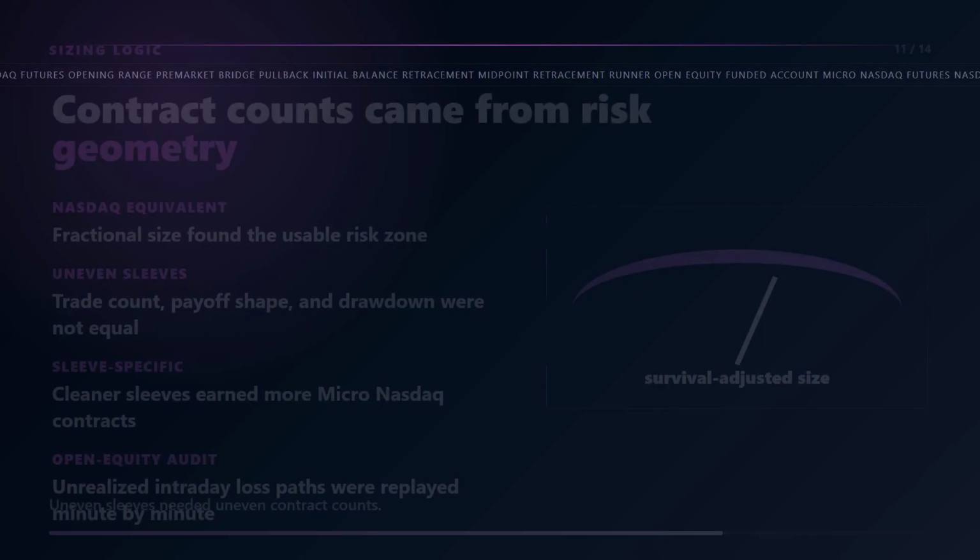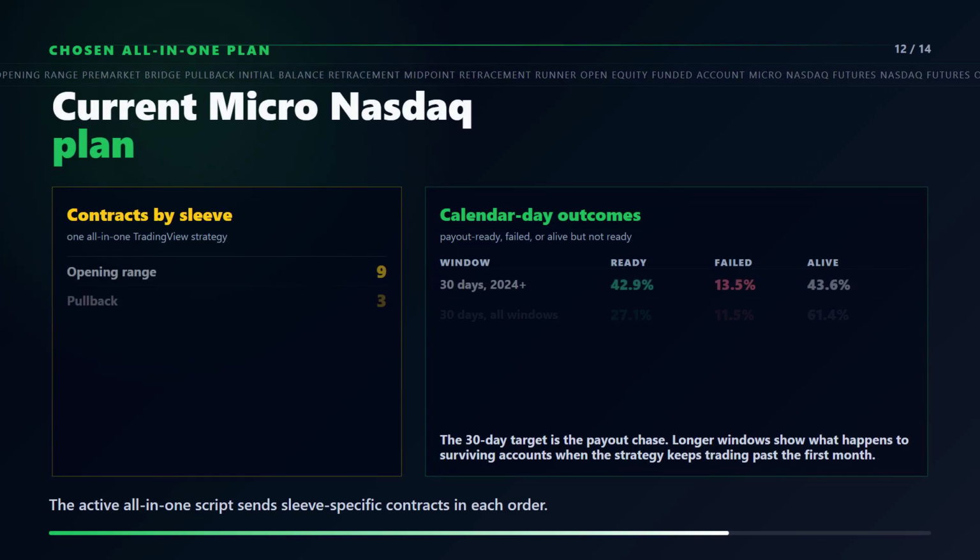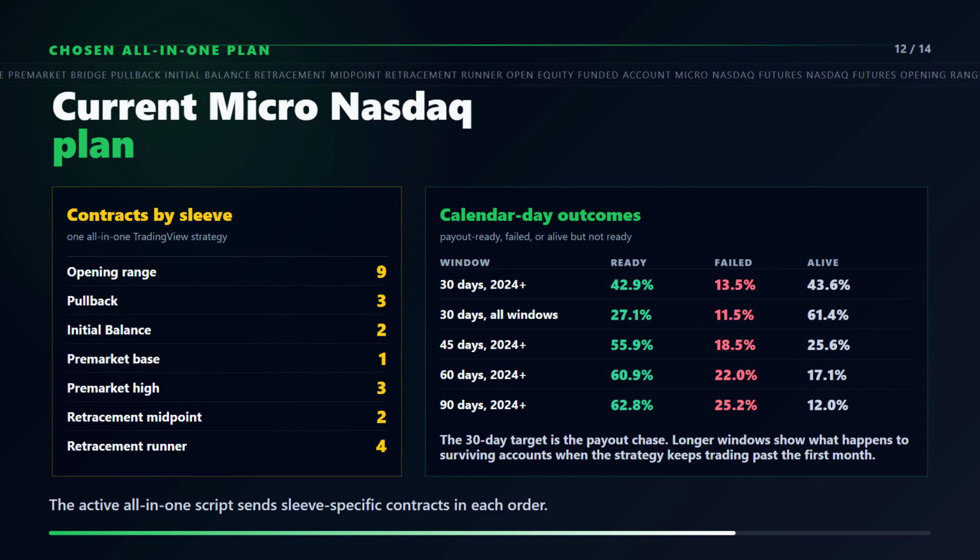The current all-in-one micro Nasdaq plan uses 9 contracts for opening range, 3 for pullback, 2 for initial balance, 1 for pre-market base, 3 for pre-market high, 2 for retracement midpoint, and 4 for retracement runner. In the recent calendar day replay, 30 days produced about 42.9% payout-ready windows, 13.5% failed windows, and 43.6% alive but